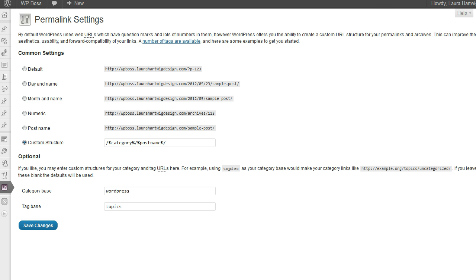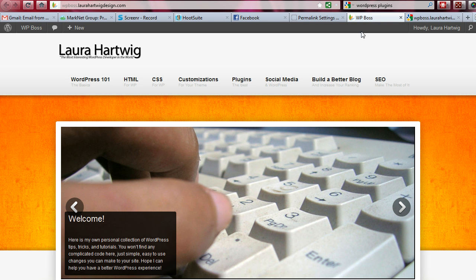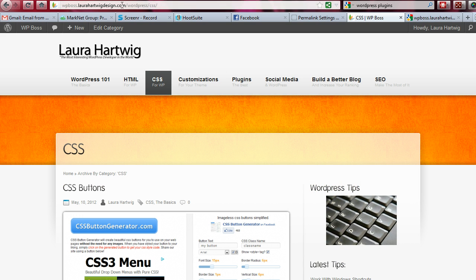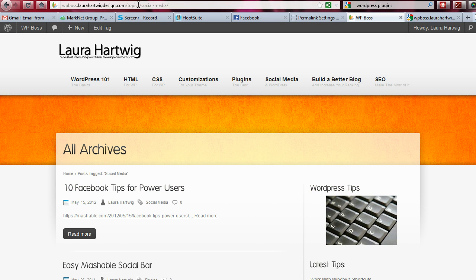Let's quickly go over to my site and see how this works. So here we are on WP Boss. This is my site. Now say we're going to go into the CSS category. You'll see up here my category, I changed that to WordPress, and then this is the category that I'm on, CSS. If I go down and use some of my tags, say social media, you'll see where I had tags, I changed it to topics so people can understand